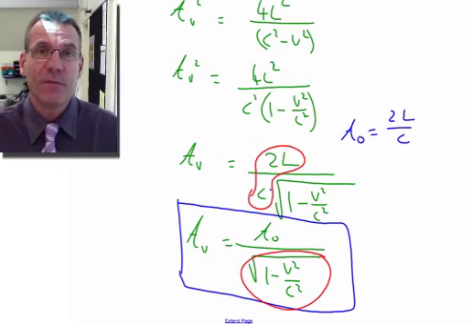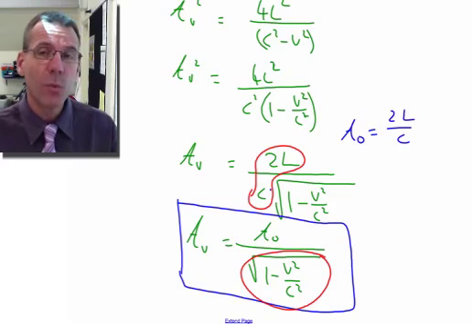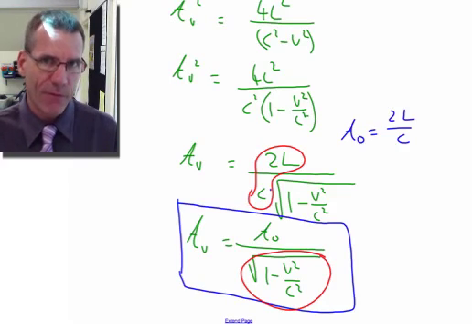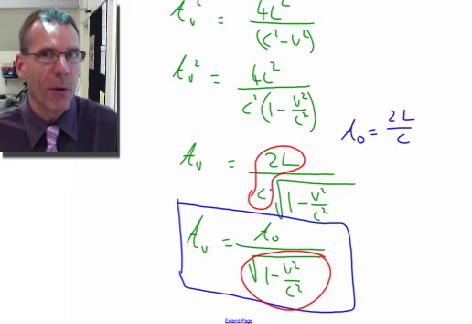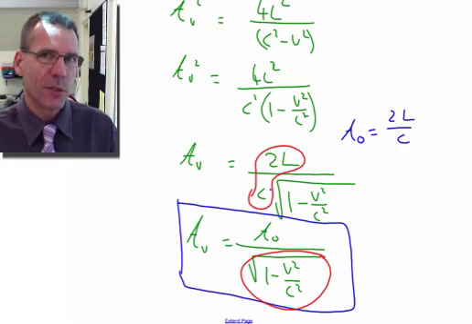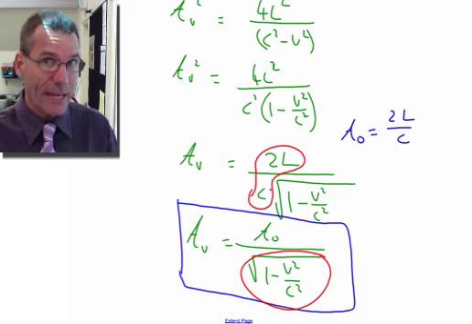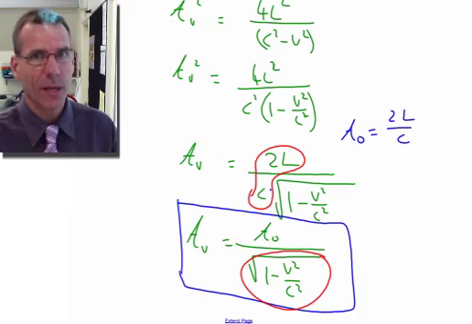Now that factor there is very close to 1 when our speeds are garden variety speeds. Even for a fast jet, the speed is so tiny compared to the speed of light that that factor becomes insignificant. In other words, we agree upon the time. But when we approach the speed of light, we can see that we disagree on the time, and we disagree more intensely depending upon how close we get to the speed of light.